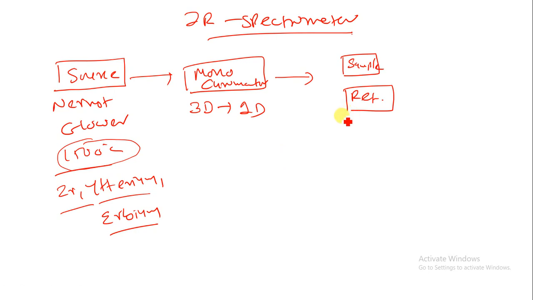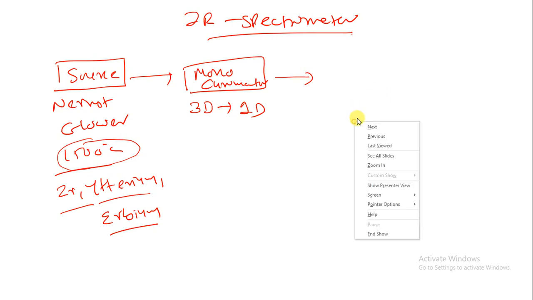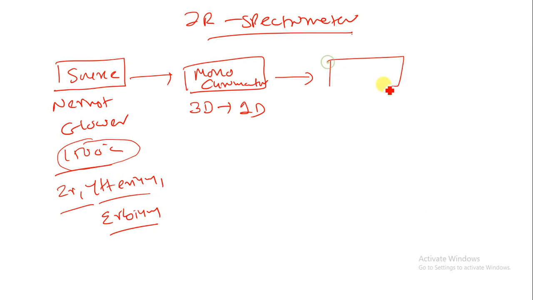Now in IR spectrometer we are not having any different type of sample compartment or reference compartment. Both the compartments are together. So we can say that this is having a sample compartment. So here in IR spectrometer we can simply write down the sample compartment, or we can say a sample. Later on I will explain how we can utilize different types of sample and how we can utilize sample plus reference. Now after the completion of monochromator, the light falls onto the sample,